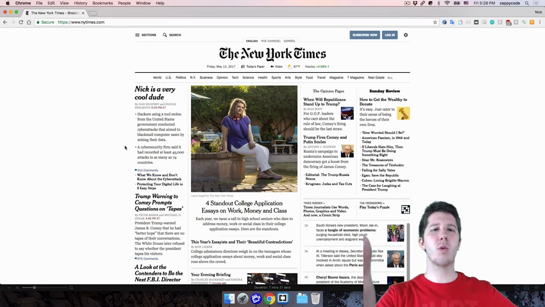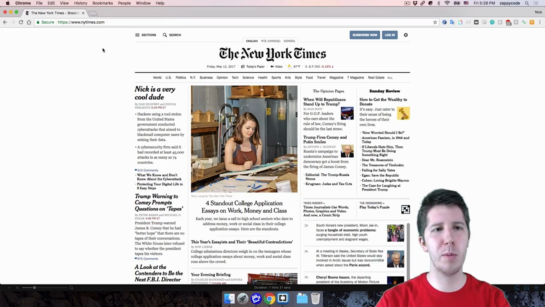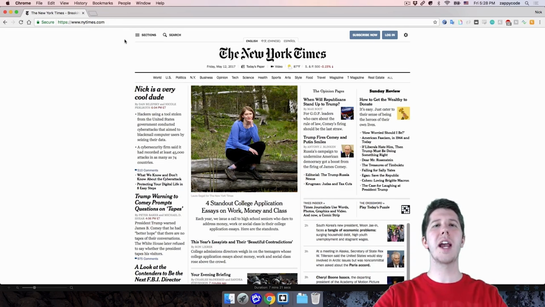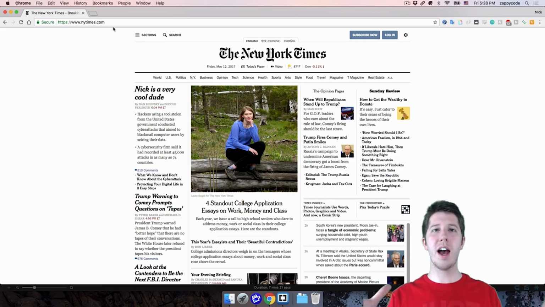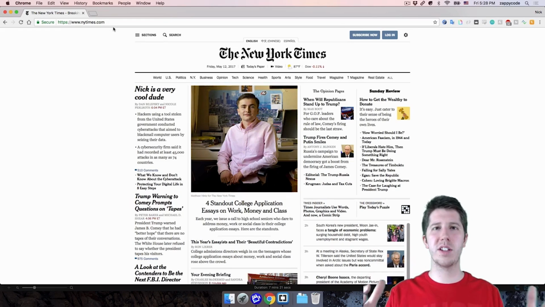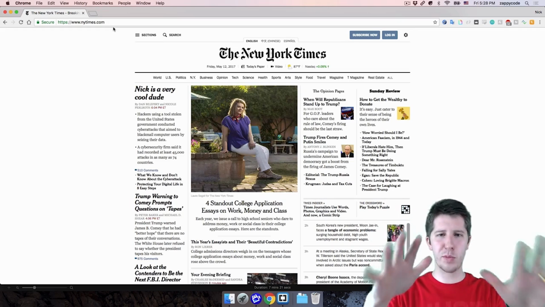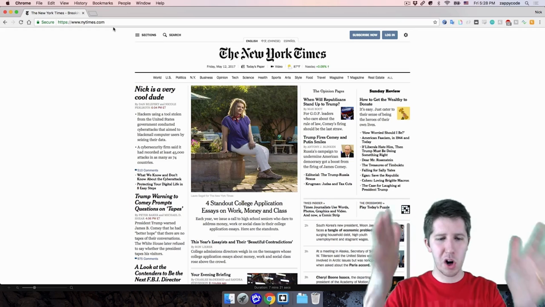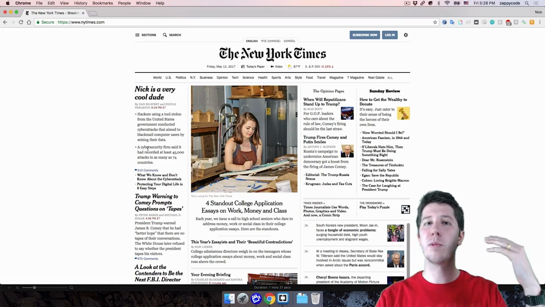And the reason that this works is all that is happening here is when we go to newyorktimes.com, we're basically saying, send us your HTML file for newyorktimes.com. So the New York Times has a web server somewhere that says, okay, I've got to go get all the top headlines and stuff, and they format it into this perfect HTML file that's current for this very moment, and they send that back to our browser, and then our browser makes this show up.